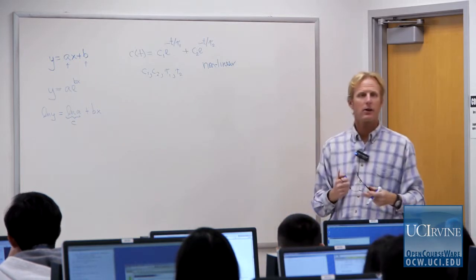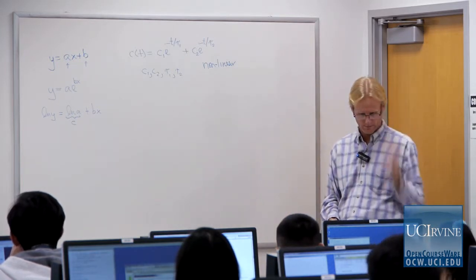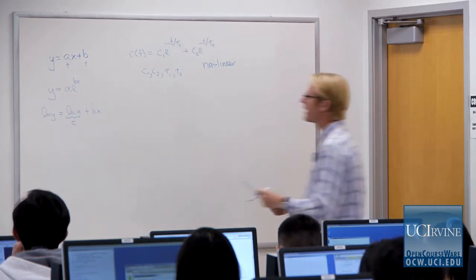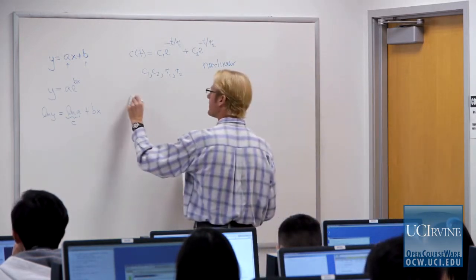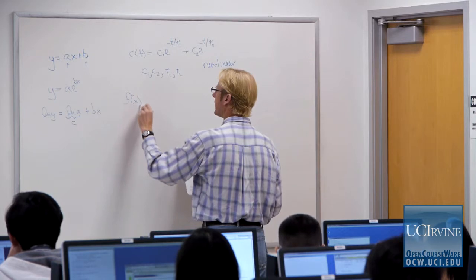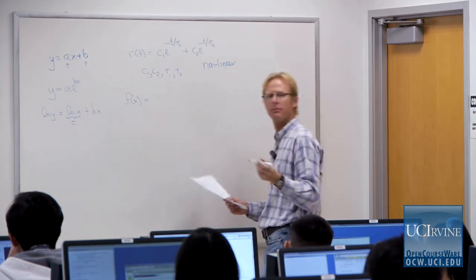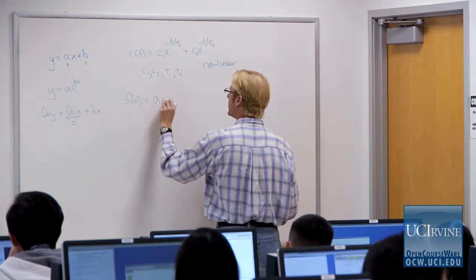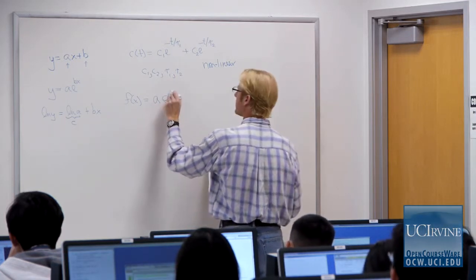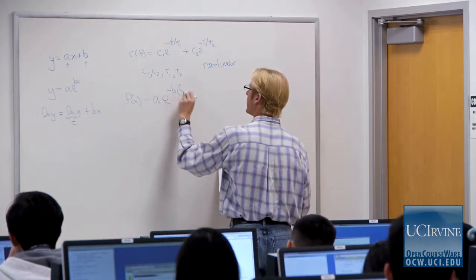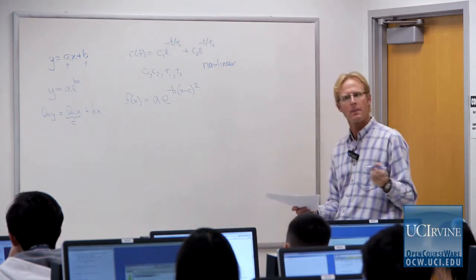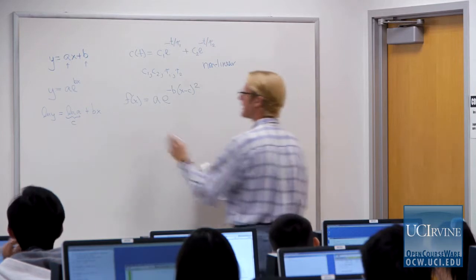And let's consider another example. Suppose now I have a function f, which is a function of the variable x, and it has a Gaussian form. Let's say it's a e to the minus b times (x minus c) squared. Okay, this is a Gaussian